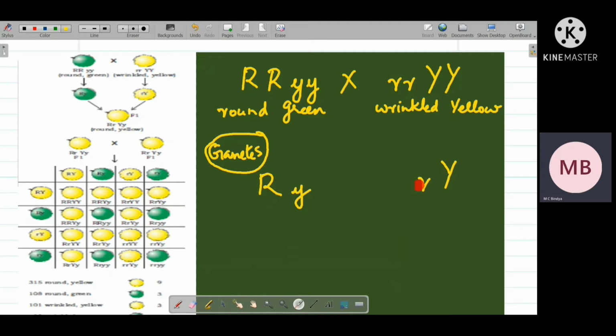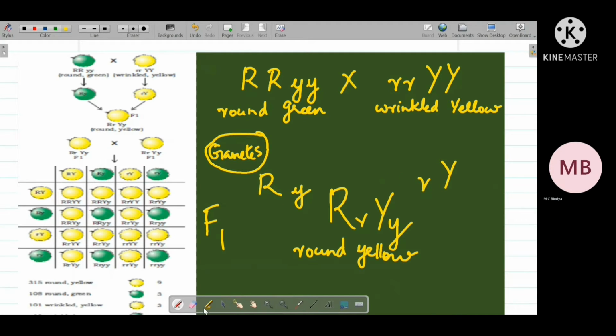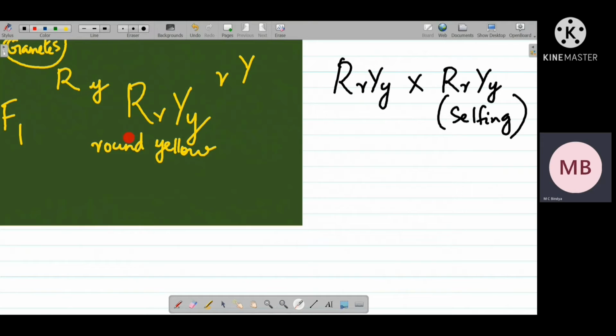Now both these gametes will cross, will fuse. After fusion, we get in the F1 generation, round yellow. That's because round seeds are dominant to yellow seeds. And now comes the self-pollination. So what all F1 plants are there that are round and yellow, they will be crossed among themselves, and that